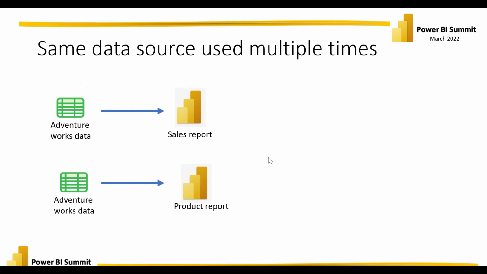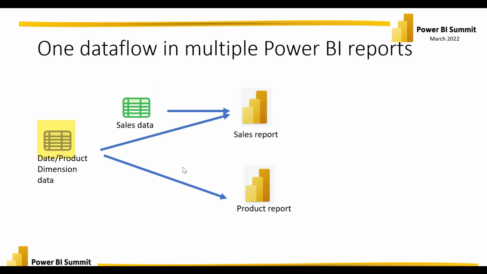Is this efficient? No, I don't think so. So what we can do at this stage is we can create one data flow which can contain the date tables and the product tables, or whatever dimension that you repeatedly use, and then use those data flows in the report by using the remaining data from the Excel sheet, and then create the sales report and the product report. This will be more efficient because